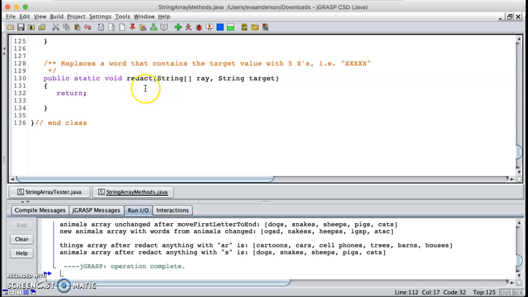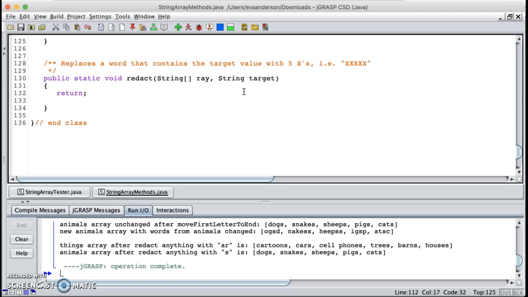Woohoo! All right, this is the Redact method in the string array methods class using the string array tester. So just like in legal documents and also things that are secure documents where they'd have to redact certain words for security purposes or to maintain someone's privacy. It's kind of that kind of concept. So this is certainly a trivial example of it, but in here we're actually